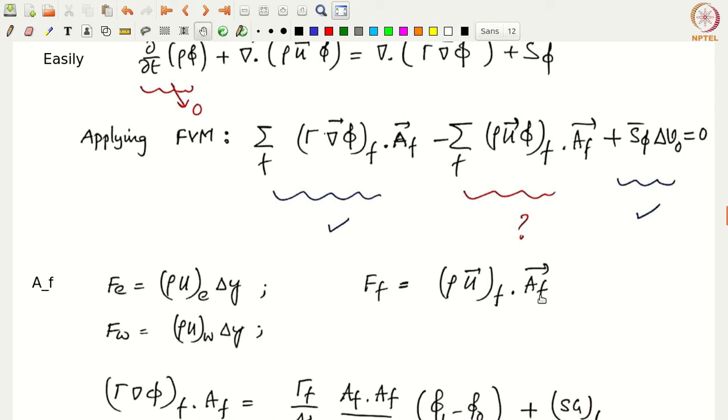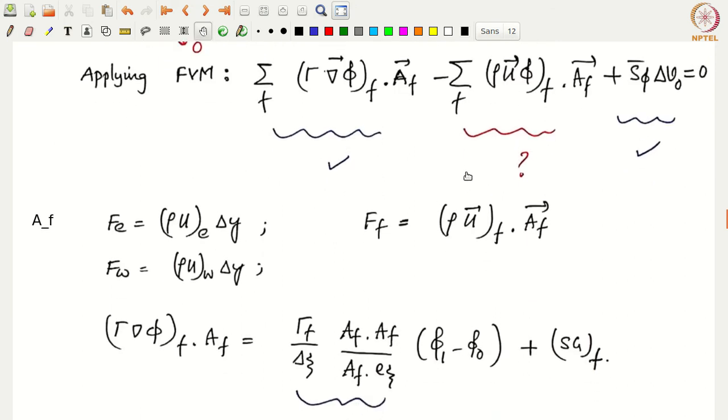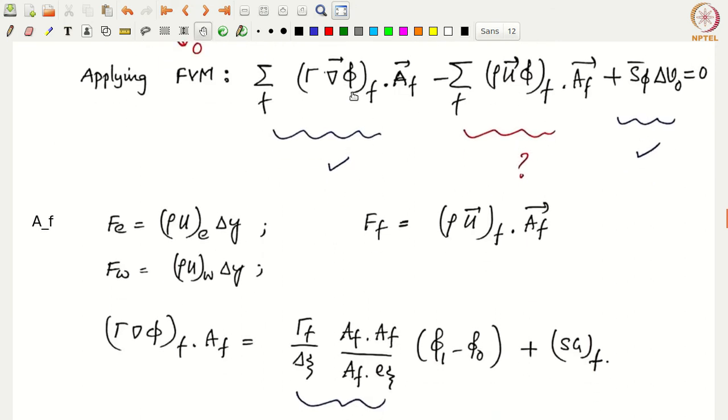Okay, so that means Ff is the flow rate, which is basically rho u bar f dot Af bar. That means this term can be written as Ff times phi f, for each of the phases. All right, if we go about the diffusion flux that we have, the diffusion term is gamma grad phi f dot